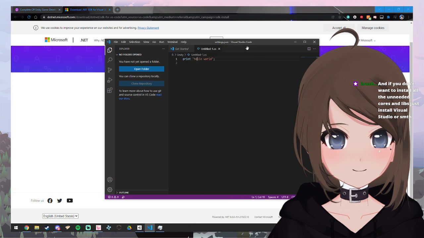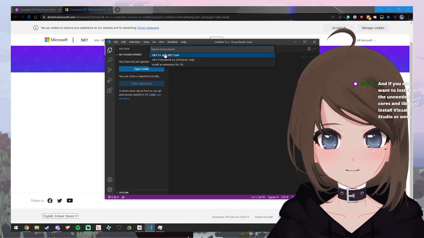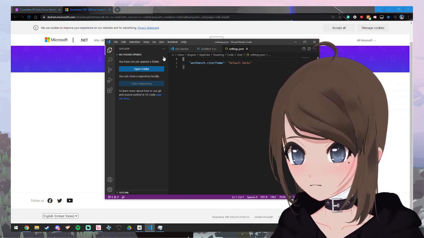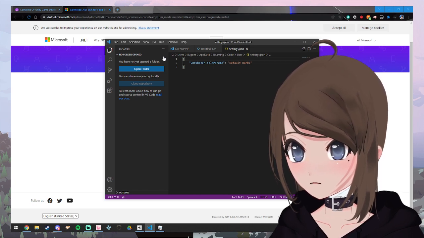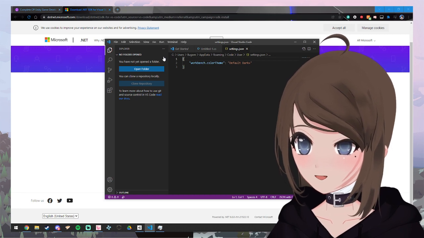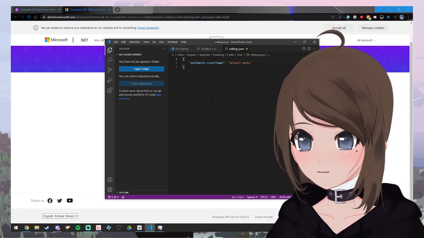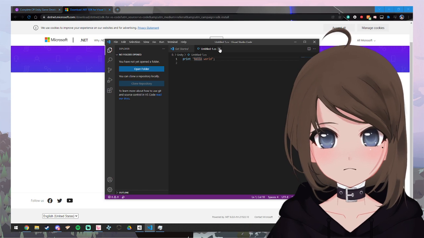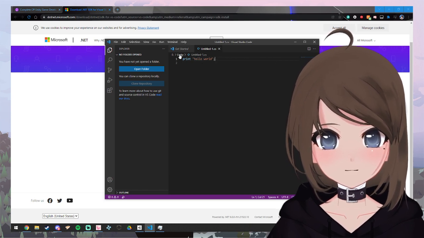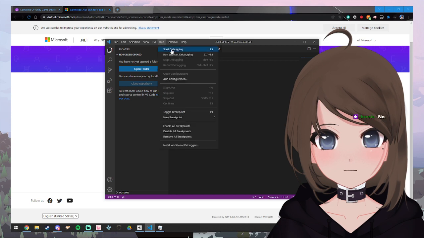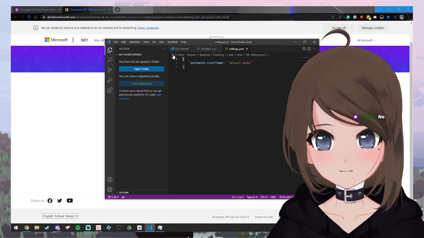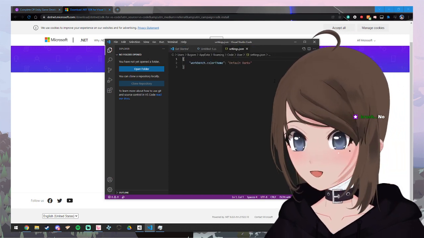No, I don't... No. And if you don't want to install all the unneeded cores and libs, just install Visual Studio. This is Visual Studio, right? I don't know what any of this means.